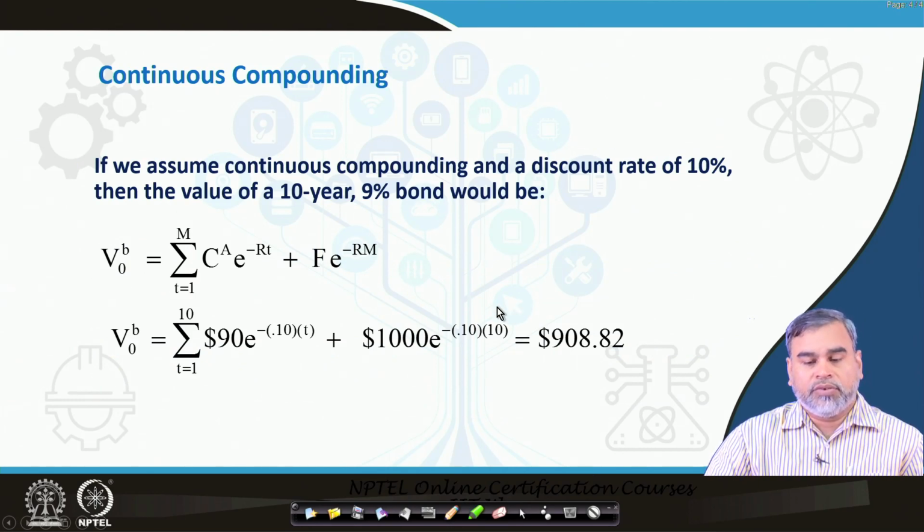So, if you assume a discount rate of 10%, then the value of a 10-year 9% bond, if you assume that the par value of the bond is 1000 rupees, will be 908.82. This is the way you can take any example, to see how continuous compounding can be used whenever we have any kind of interest payment received from deposits or